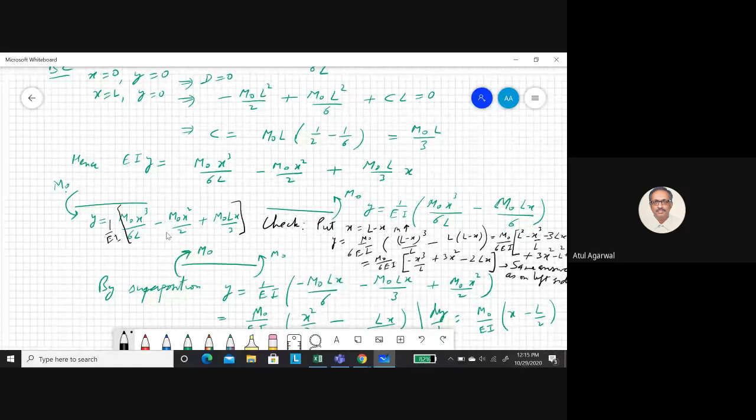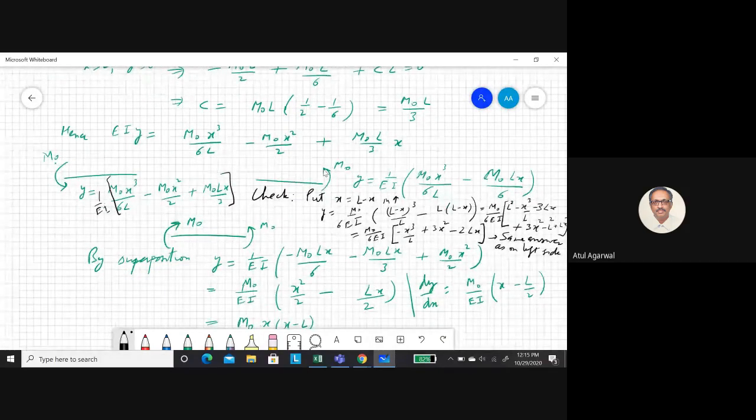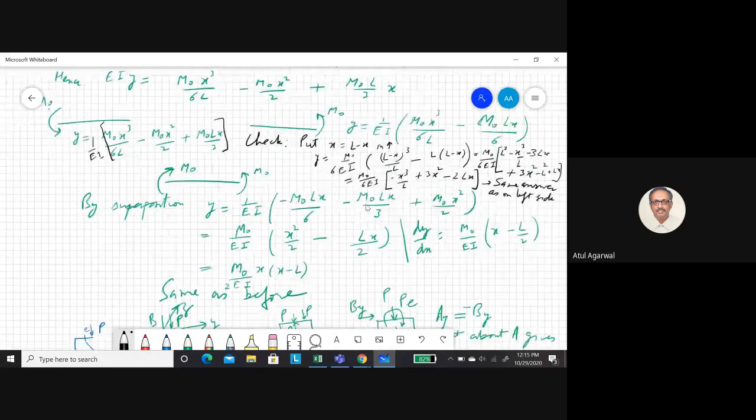Hello, gentlemen. Suppose you apply a moment at both the ends. Then you know the deflections because of the right hand moment and the left hand moment. So you add up both these expressions. I have just added up both of them. This is a positive moment. Here also there is a positive moment, but here there is a negative moment. So you have to subtract this expression from this expression, and you will get this answer.